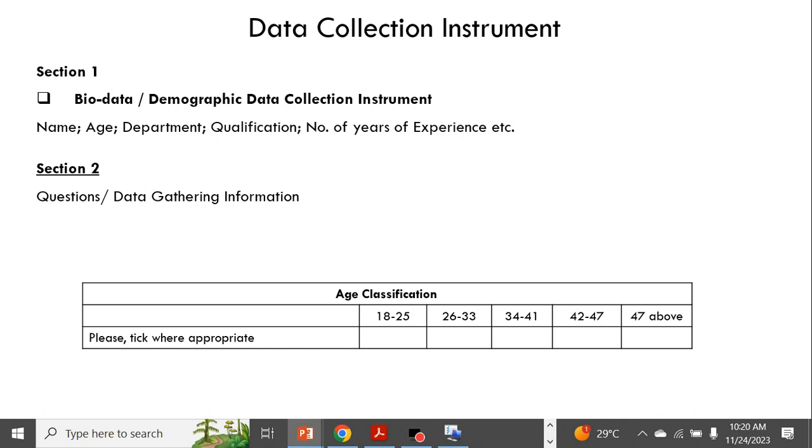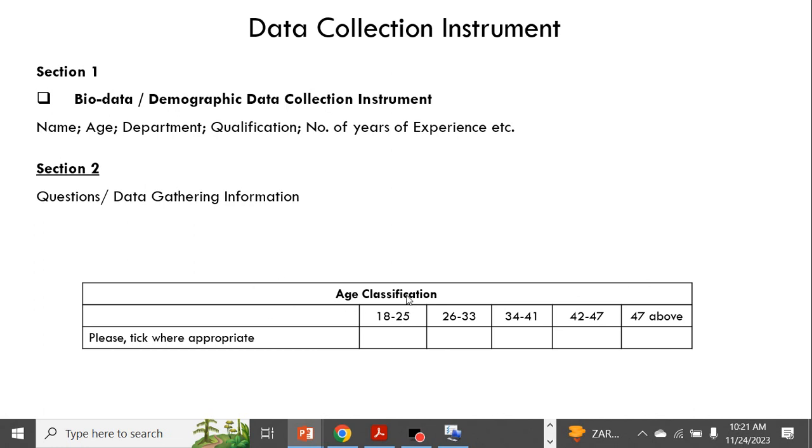Here, it is expected that the names, the age, the department, qualification, number of years of experience, and other relevant biodata information to the study are often asked in this section. And section 2 goes straight to asking the pertinent questions relating to the process or the topic, as it were, in the study.